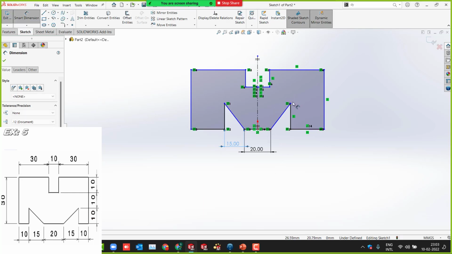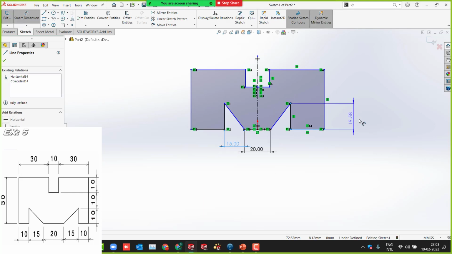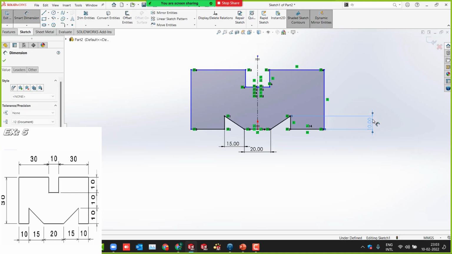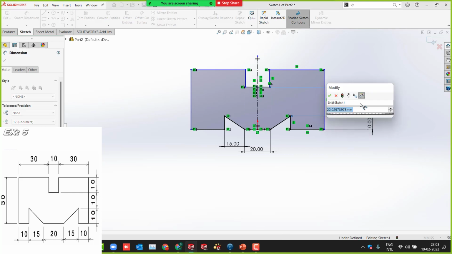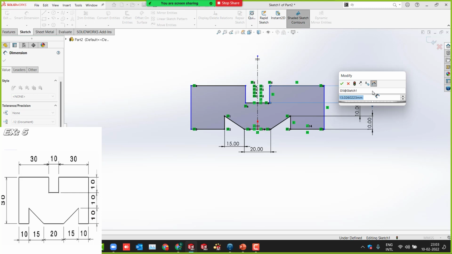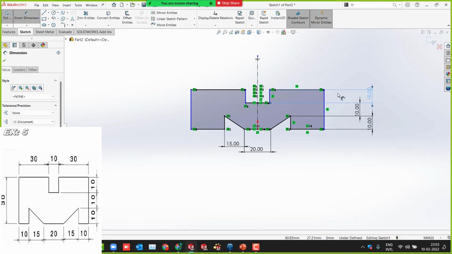And then what about the height from here to here? 10. Good. And then height of this one from here to this point? 10. No, this one, yes, 10. What about this? 10. Good. And what about this?